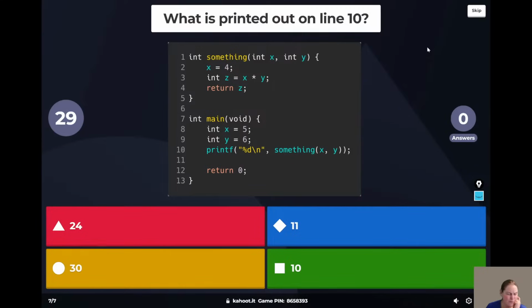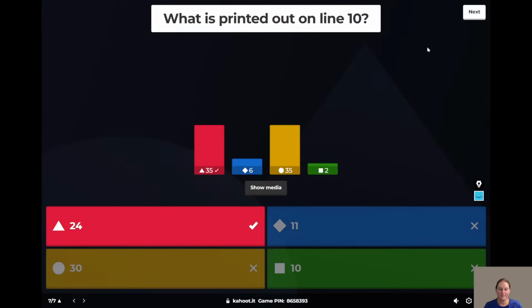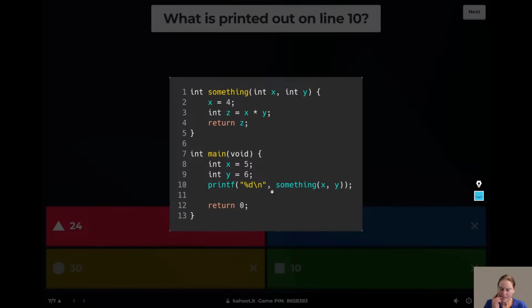This is another kind of cruel one too. Another sneaky one where you're going to think, well, we're passing in 5 and 6 and it's multiplying things, so we're going to get 30.